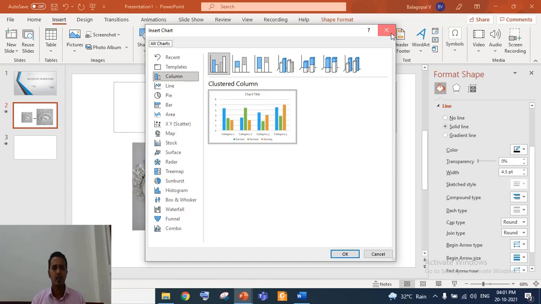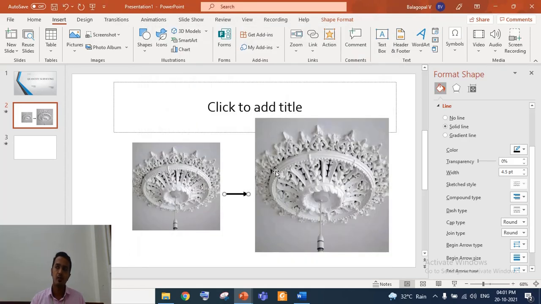Usually, for your presentation, for your seminar, you may not use that, but coming to your project in your next semester, I'm sure most of you will be using this chart option. At that time you will have to use Excel. From Microsoft Excel, you can simply copy the chart to PowerPoint. Okay, so that's about the insert option.